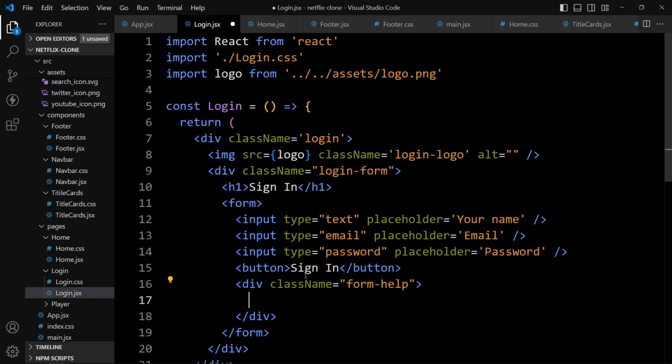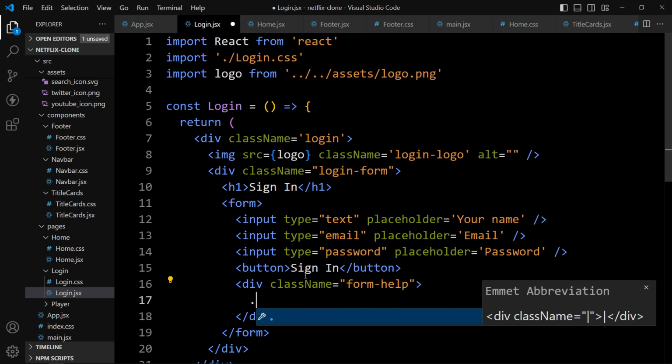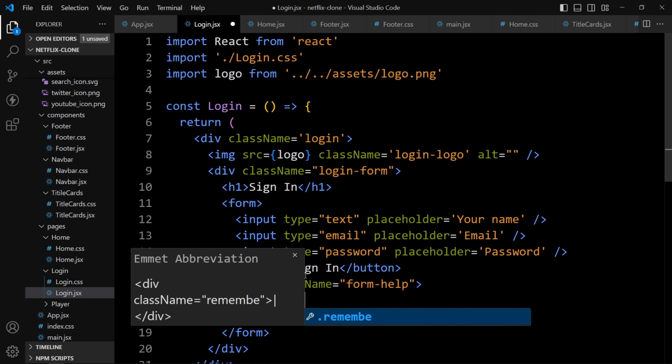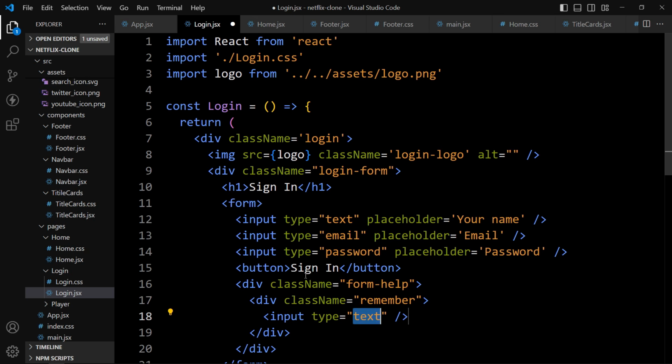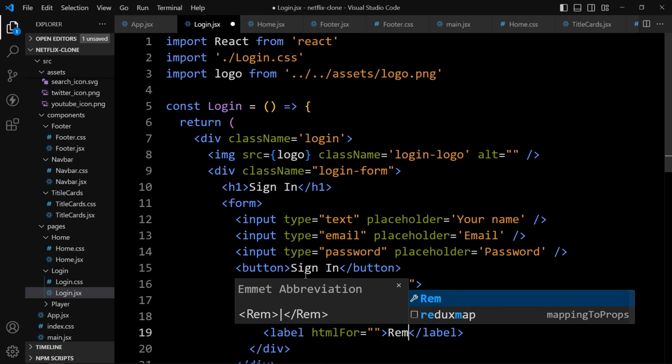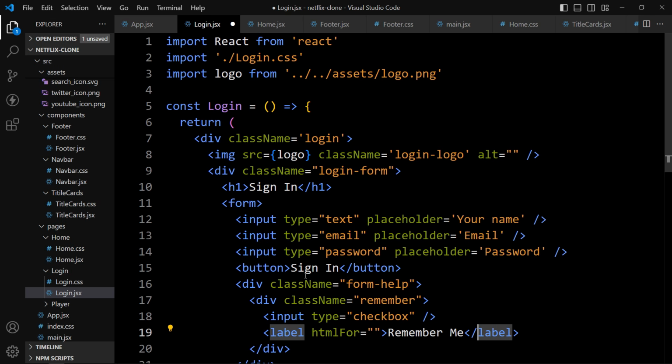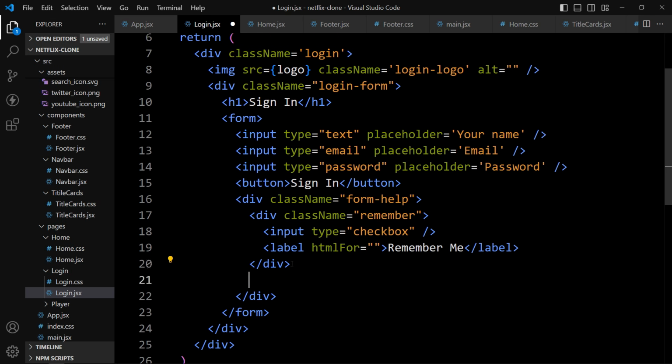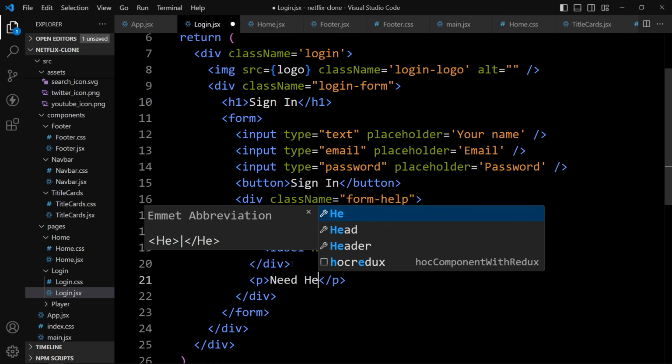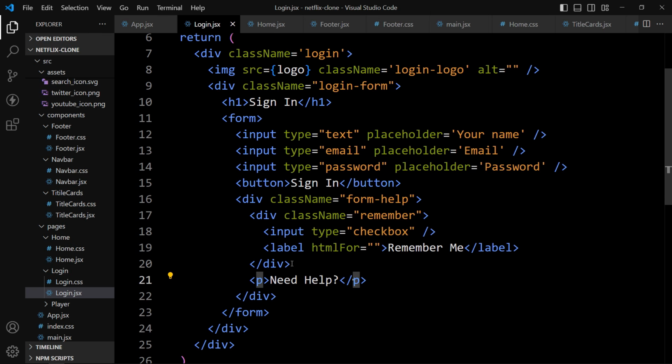In this one we will add one more div with the class name remember, and here we will add the input field, and the type will be checkbox, and after this input field we will add the label, and in this label we will add the text remember me, and after closing of this div let's add one text in p tag, and it is need help. That's it.